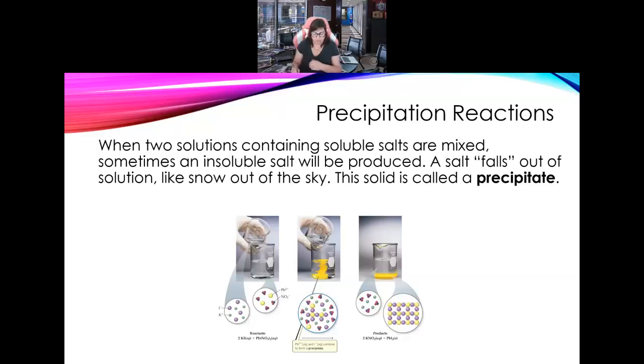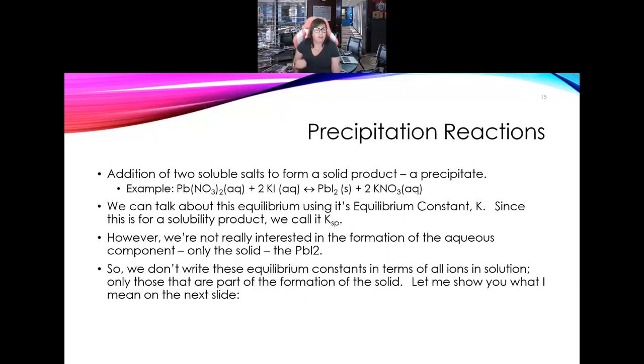That's what I wanted. So let's talk a little bit about how precipitation works. We had two solutions of soluble salts, so they're both clear, they're both in solution. We mix them together and we form a solid product. That's a precipitate. An example of that would be adding Pb(NO3)2 to KI to give me PbI2 solid plus KNO3